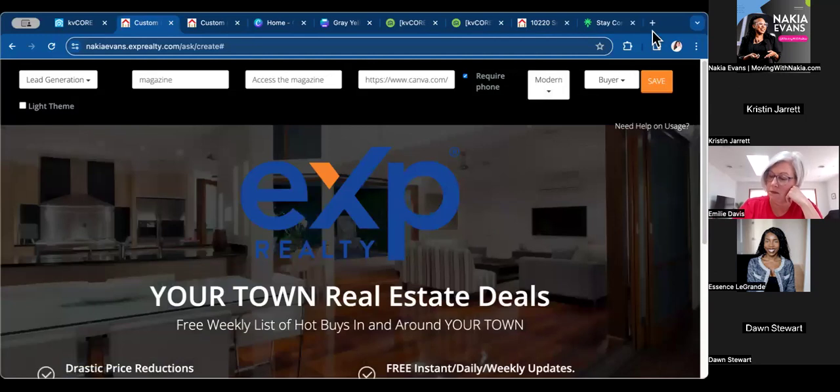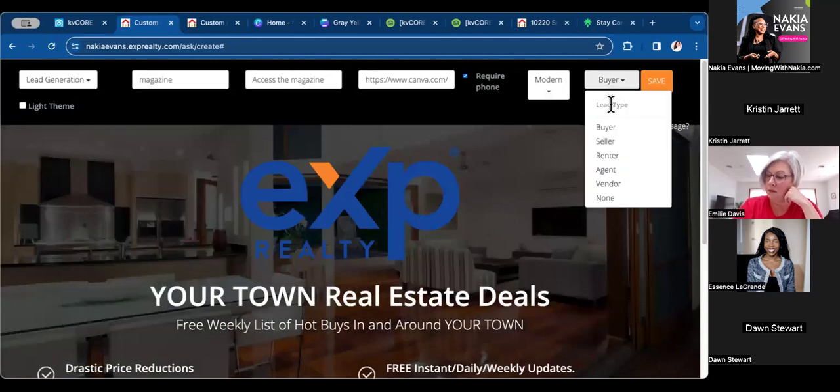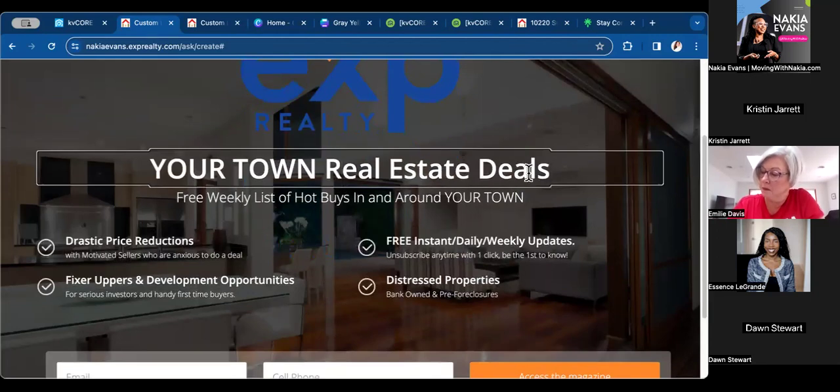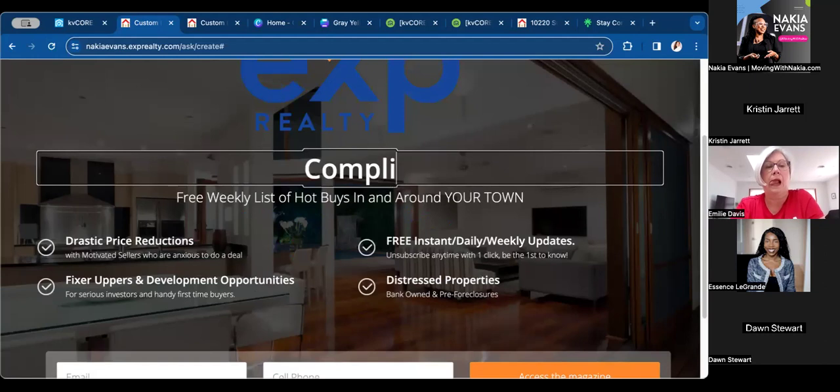Let's do modern, okay? And again, the lead type, make sure you know what type of lead you're looking for. Since this is a buyer's guide, I'm going to choose buyer. Now, go down here and tell the people what they're getting. Complimentary